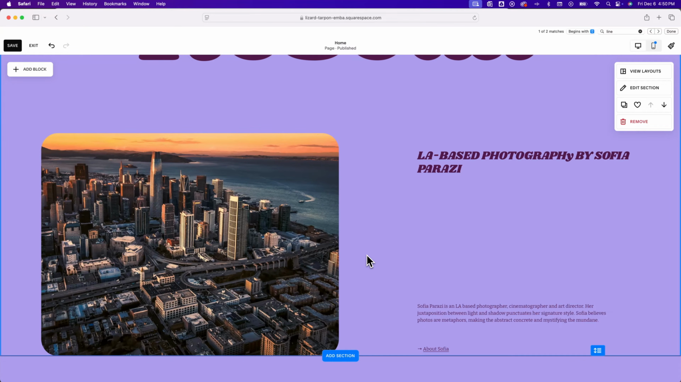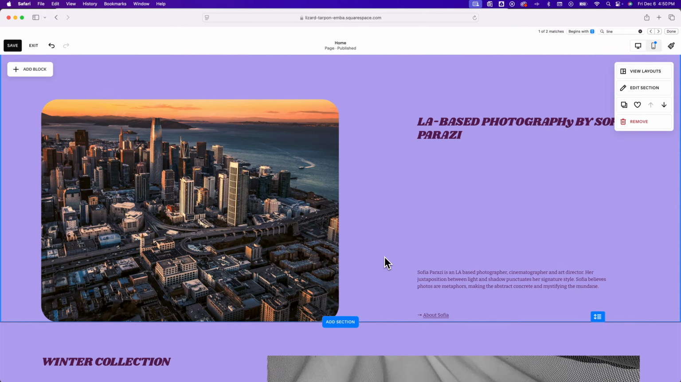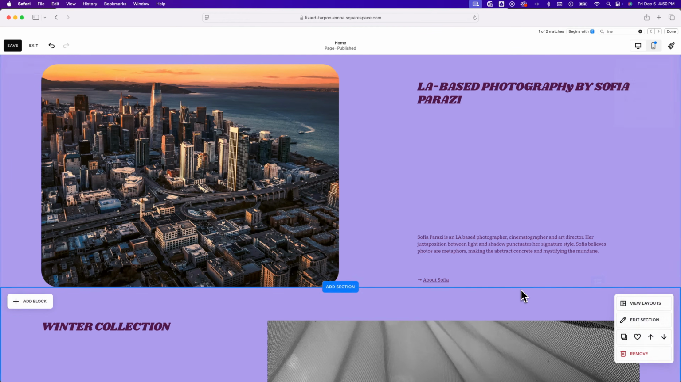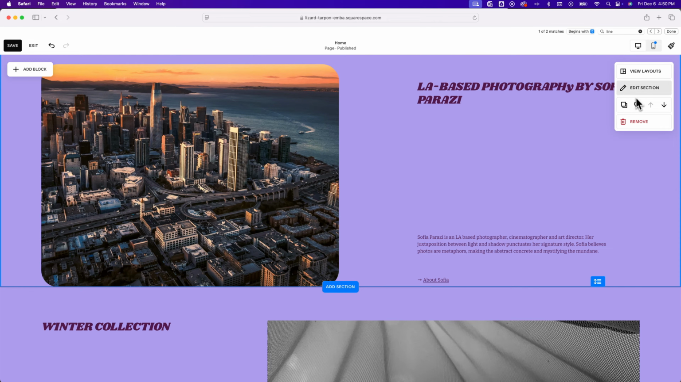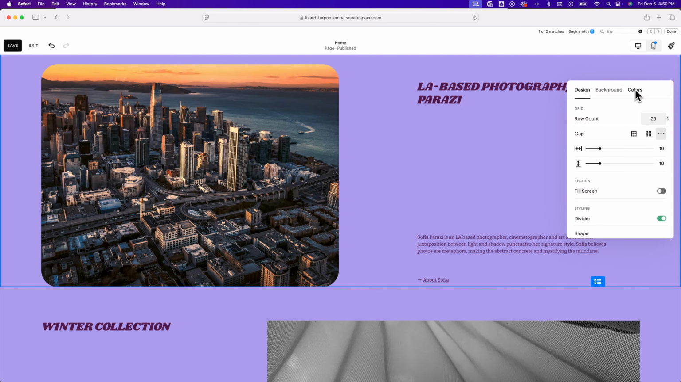Let's take a look at how to change line color in Squarespace. So on Squarespace, there are lines potentially between sections. You can also add a line block. If you're looking to change the line between your sections, you can actually just go to Edit Section, and then